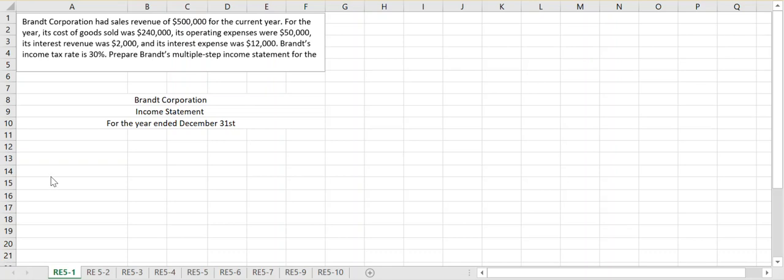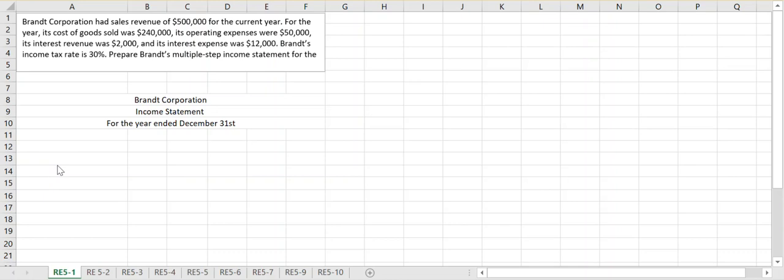In this example video, we are going to go over review exercise 5.1 and 5.2, looking at the difference between a multi-step income statement and a single-step income statement. So in review exercise 5.1, they give us some information about our corporation, and they're asking us to put together